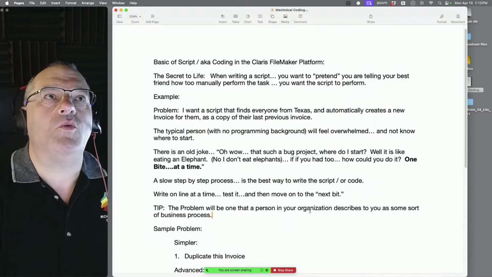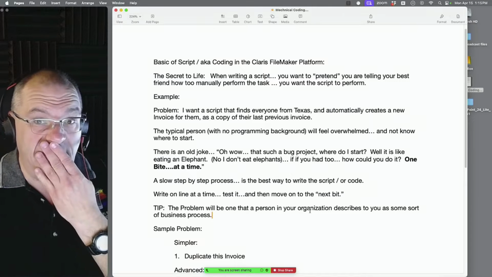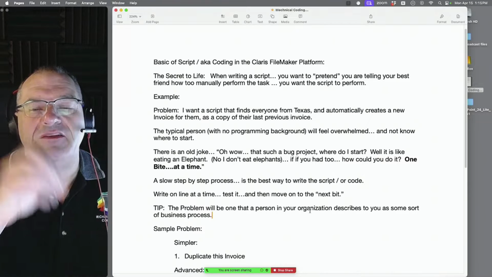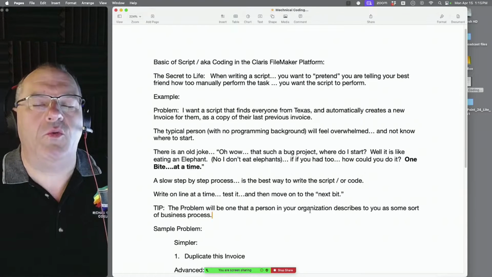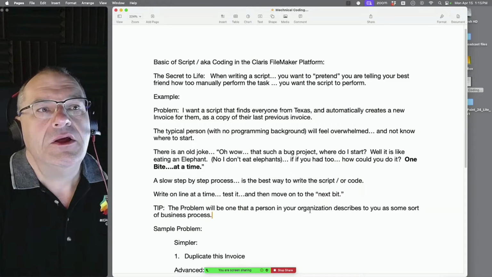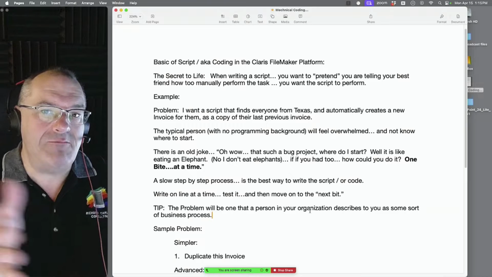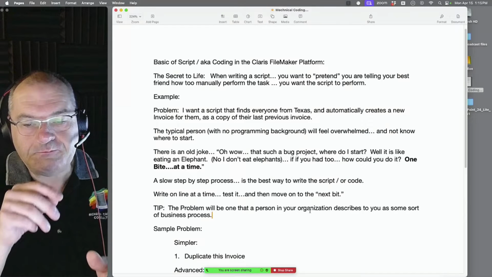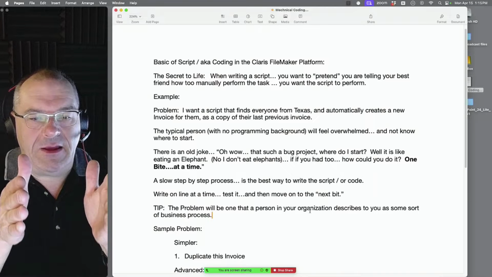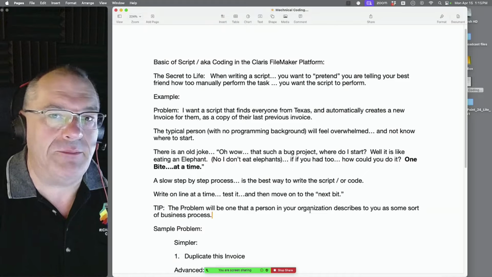The problem in the world of programming in general, and especially for those of you who don't have a background in programming, is the idea that it's a blank piece of paper. You can do whatever you want, and you can creatively solve problems. That's great. However, sometimes it's better to have a little bit of guidance from me or from someone. Doesn't have to be me. And that guidance is going to be a step-by-step process, a cookie-cutter process, like how to make a peanut butter and jelly sandwich.